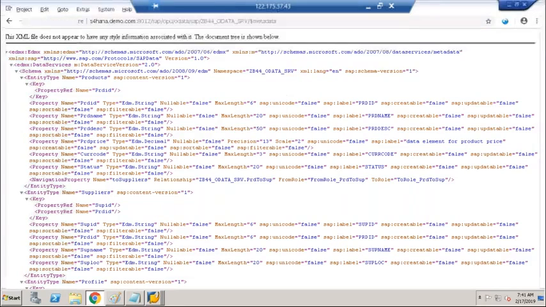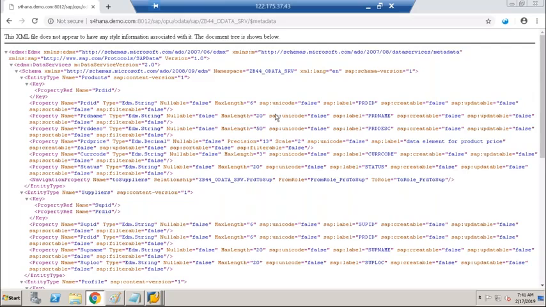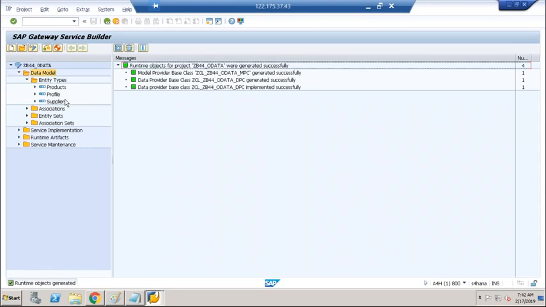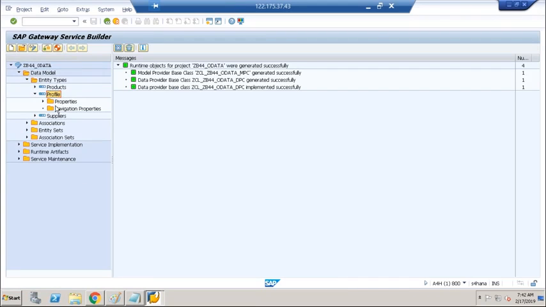Actually, this is the question that you should ask me when we showed this metadata document on the first day. Fine. So we got this products, profile, supplier. Fine. So now, once you got the profile entity that you have imported,